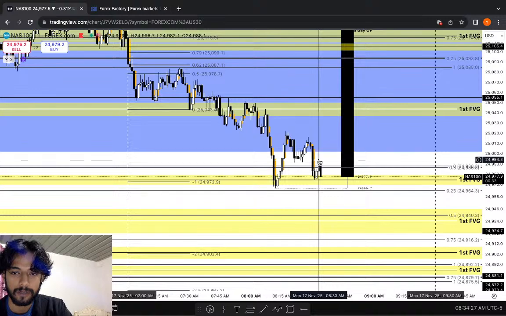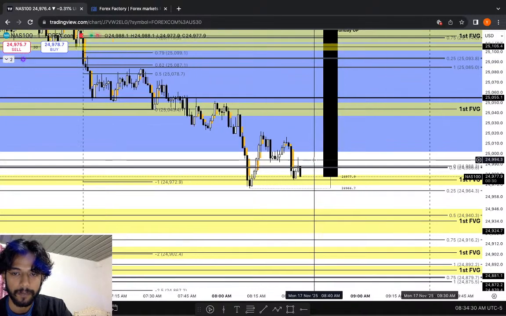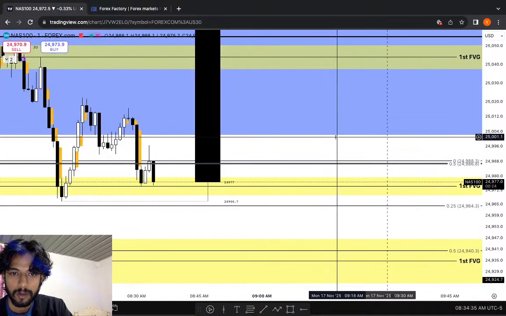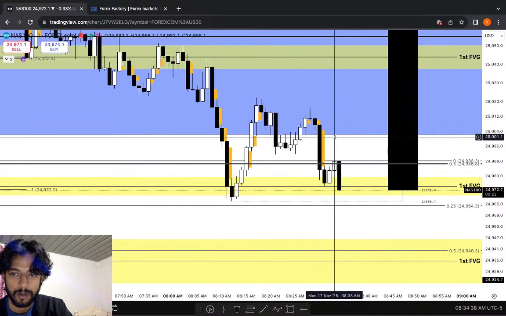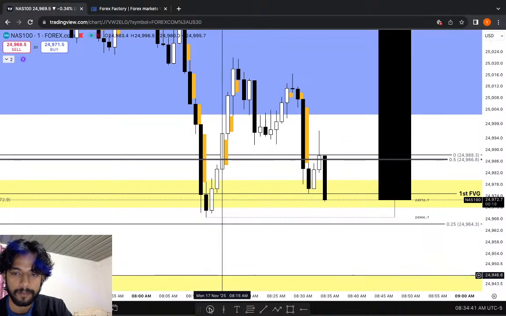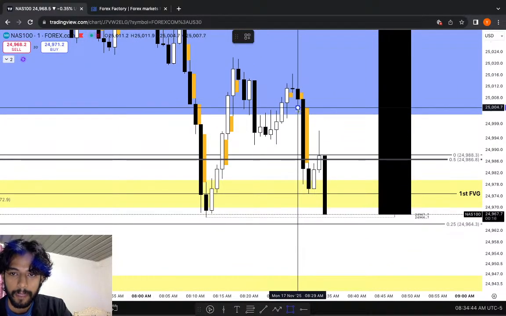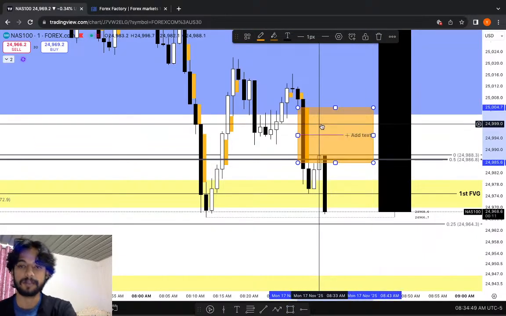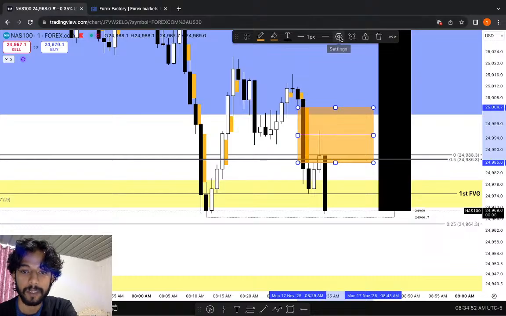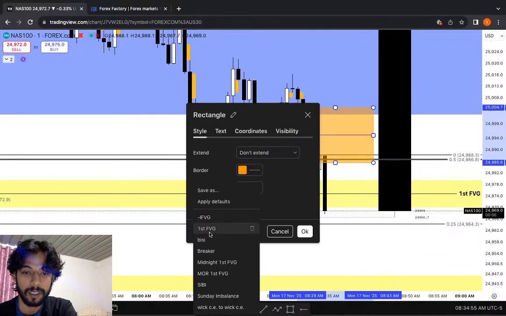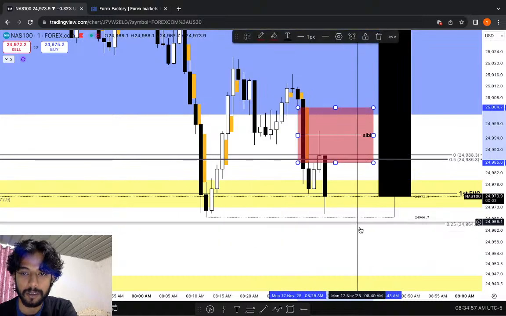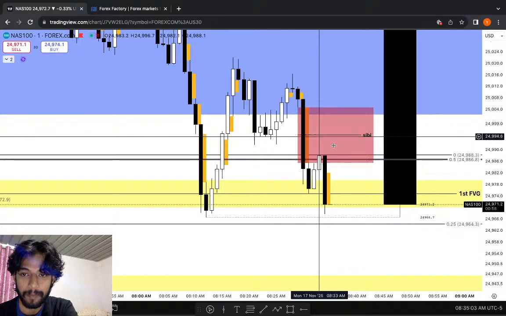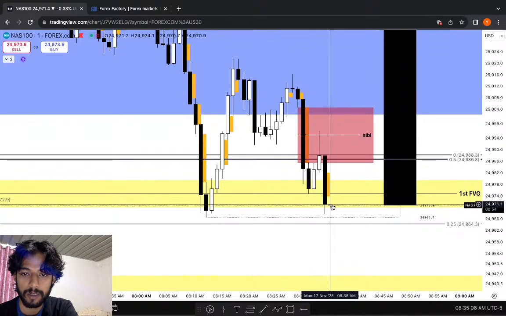Okay, so look at that, bodies of the candle staying below the midpoint of this gap. If I have to draw that gap out, if I can predict all this move, that does not mean I'm gonna trade and push the button every time I see something in the charts. I want to see high probability and low risk trades. So that was the sell side imbalance, buy side inefficiency right there, and bodies of the candle stayed below the midpoint of that gap, came up, touched the midpoint of it, and moving lower.